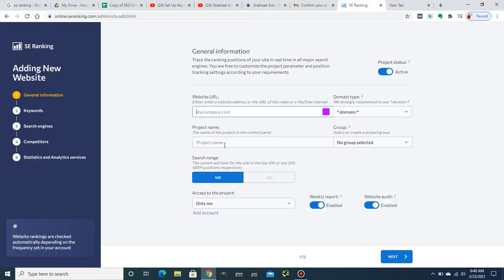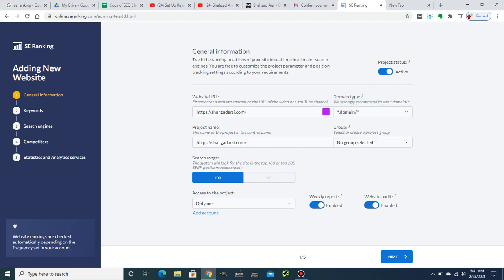So I will copy the website from here and paste the URL here. I have to enter either the domain or the URL. If you want a domain or a URL, leave it as it is. You can use either one, it's totally your choice. A URL can be one of your pages, like shahzad.c/SEO-service. Okay, and I'm leaving it as it is.